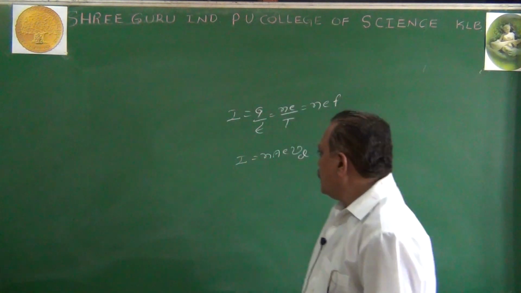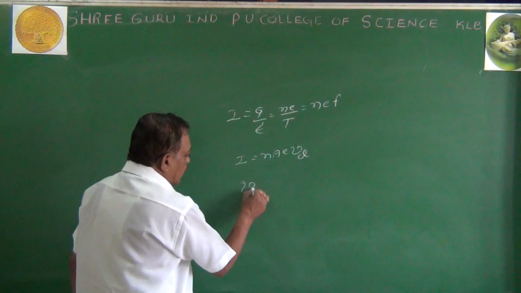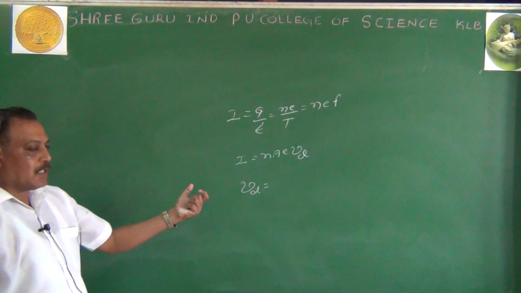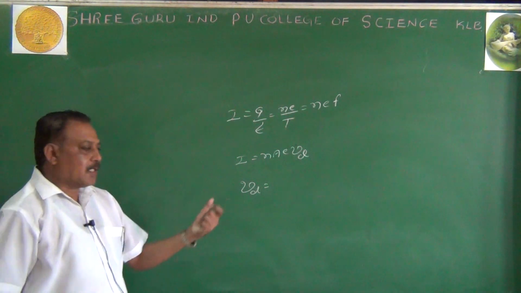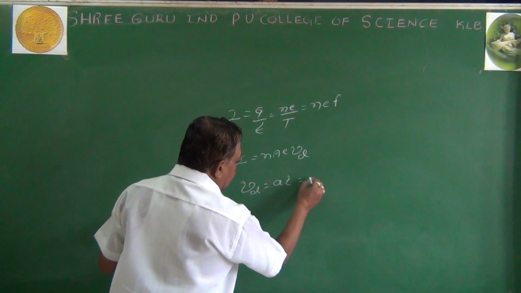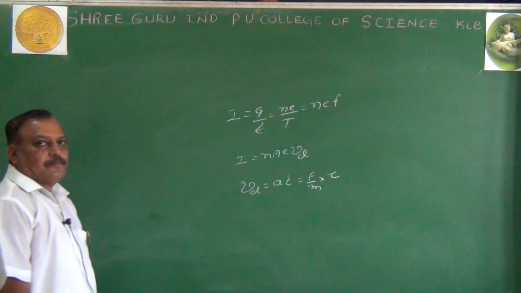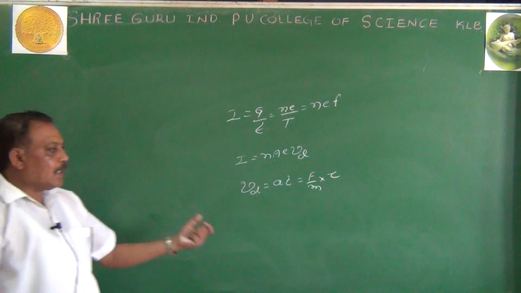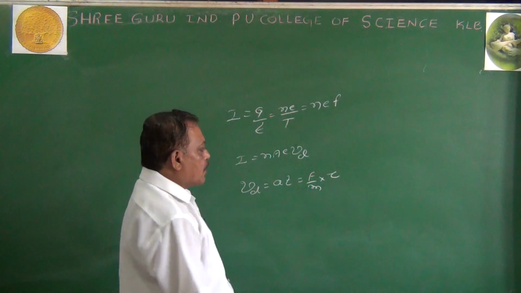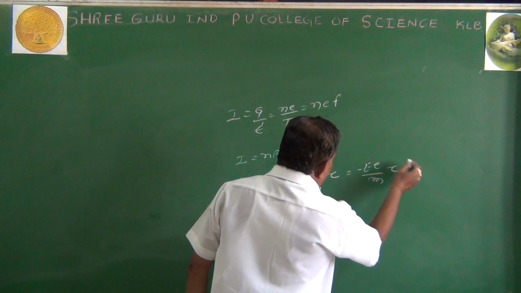So after that, we come across the expression for drift velocity. Velocity comes under acceleration. The rate of change of velocity is called acceleration. Then velocity equals acceleration into time. That acceleration is nothing but force by mass, and the time is here the relaxation time. Then force in terms of electrostatics: E equals F by q, so F equals E into q, where q is replaced by minus e. So Vd equals minus e into E divided by m into tau. This is our drift velocity equation.